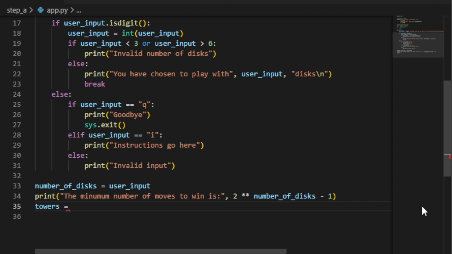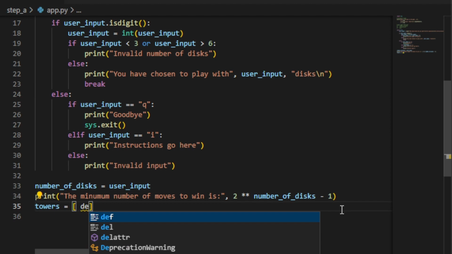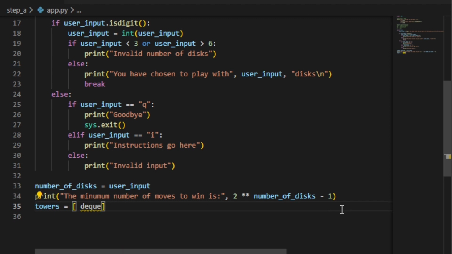But we're always going to be working at the ends of the disks, so it's a queue. And then Python has a double-ended queue called a deque, and that's what we're going to use